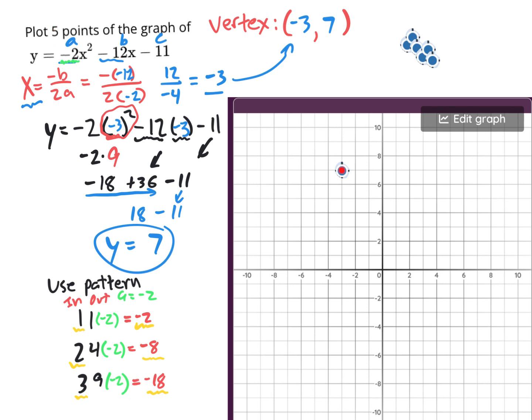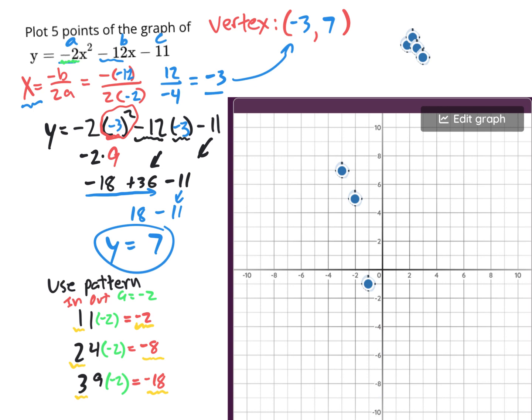So let's go with this first point, and let's use the first part of the pattern. The first part of the pattern is 1 over, 2 down. 1 over, 1, 2 down, and you put a dot right there. And the next one, from the vertex, you go 2 over, 8 down. 1, 2 over, 1, 2, 3, 4, 5, 6, 7, 8 down right there. And again, I'm doing 1 over, 2 down, 2 over, 8 down from the vertex. Then I would go 3 over, 18 down, but even if I tried that, 1, 2, 3 over, 18 downs